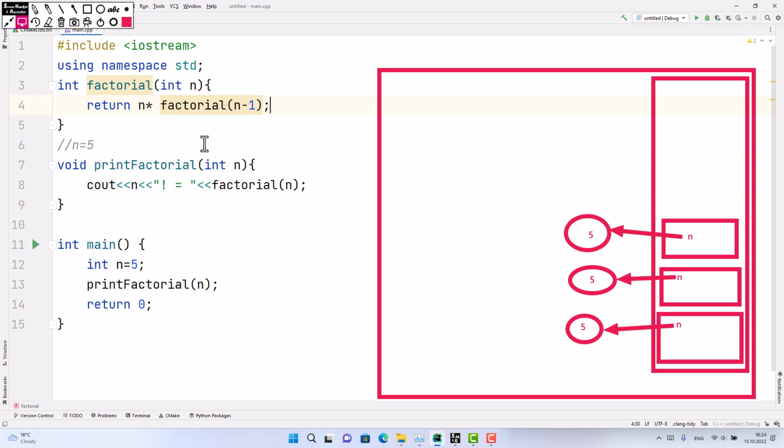the factorial function is called, for example with n is 3, it will do like this. For each call of the factorial function, it will create a different activation record for this factorial function in the call stack. Here n is 5. Here it will create the variable n, which will be 4. Here n minus 1 will give